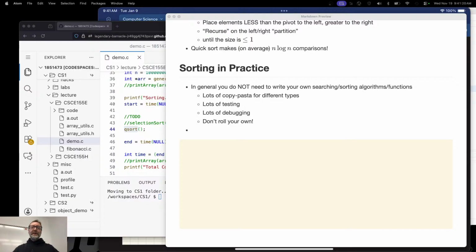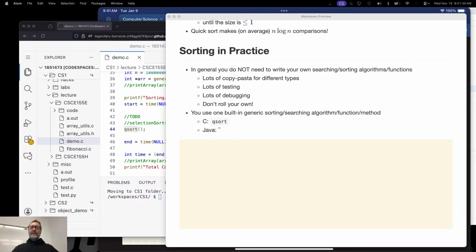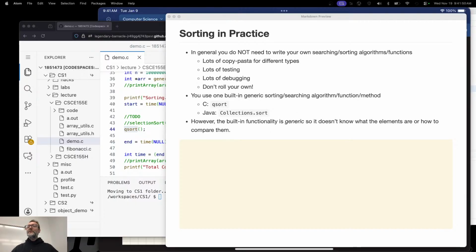We'll use our built-in generic sorting and searching algorithms. For C, that's going to mean qsort. And for Java, that's going to mean Collections.sort. There's also Arrays.sort, but remember, arrays suck, so we're going to be using lists. The built-in functionality is generic in both of these languages. In other words, there's not a qsort for integers, a qsort for doubles, a qsort for airports, because there can't be; instead there's a qsort for any type. It is written to be generic to be applied to any type.